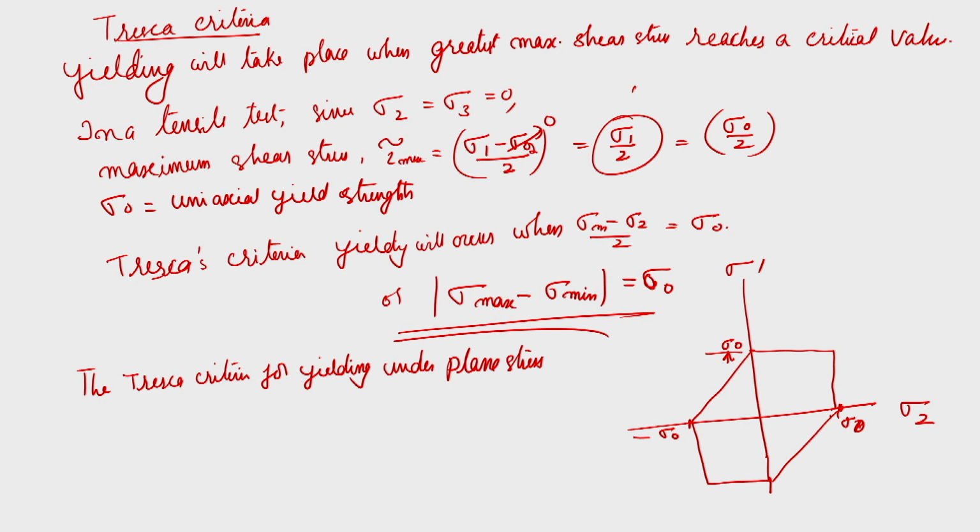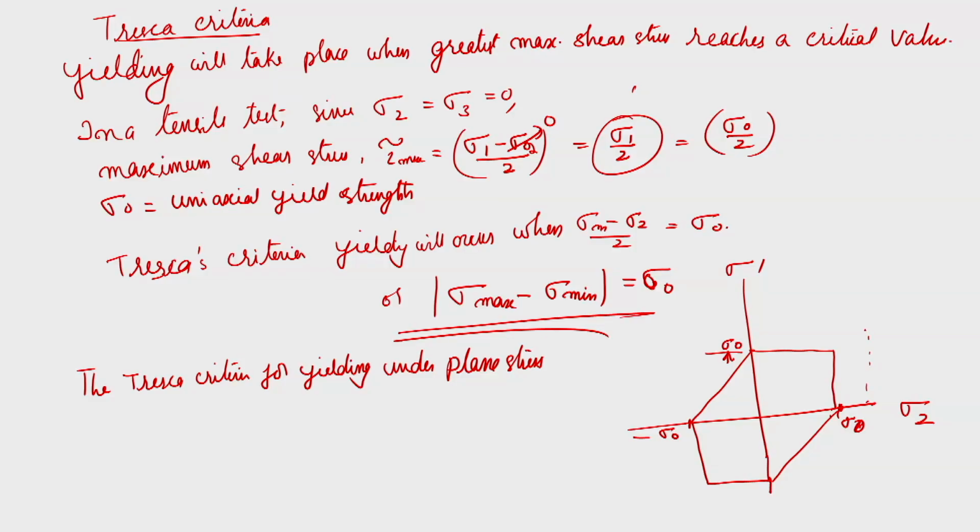So, if you look at sigma 1 and sigma 2 under all these conditions, you will find the locus of that point is a hexagon. Okay. That indicates the state of stress as the stress ratio changes. Now, when the material is work hardening, this hexagon will expand outwardly, because your flow stress sigma 0 will keep on changing accordingly. So, it may come like this here, and it may go like this.